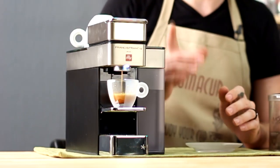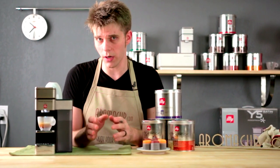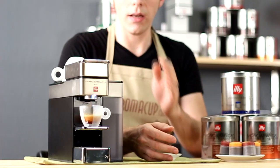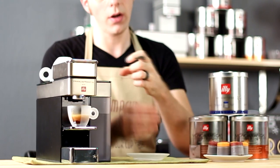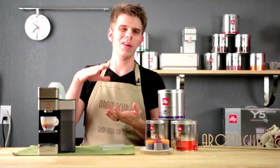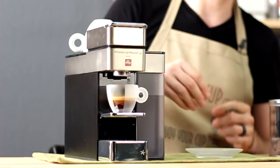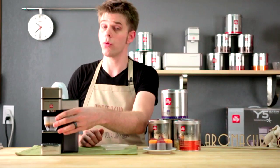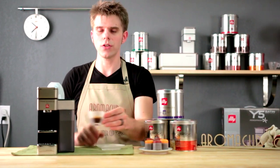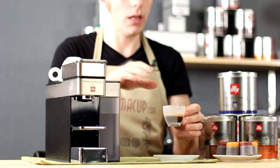Now, the machine does utilize Illy's revolutionary two-step brewing process. That process means that your capsule is going to be flooded with water, the grounds will start soaking up that water, and then the seal on the bottom of that capsule will pop, and then you'll start to get your espresso. It's still going to give you a shot of espresso very quickly, but it's going to give you a really good shot of espresso because you don't just run hot water over those grounds. There's actually some time taken in order to brew that